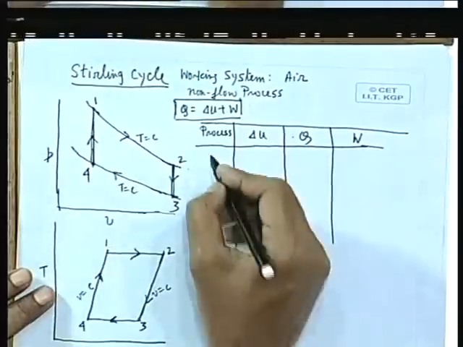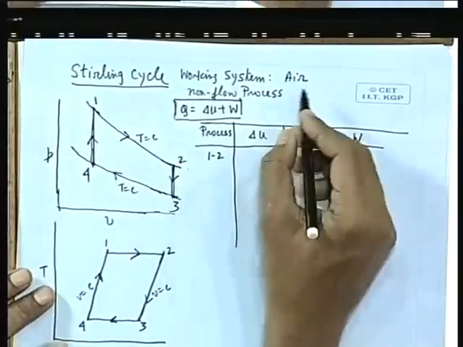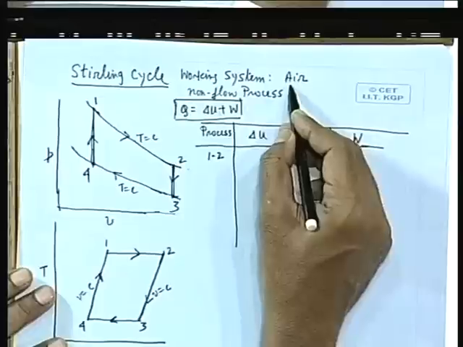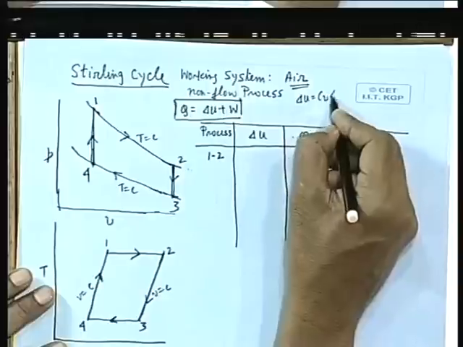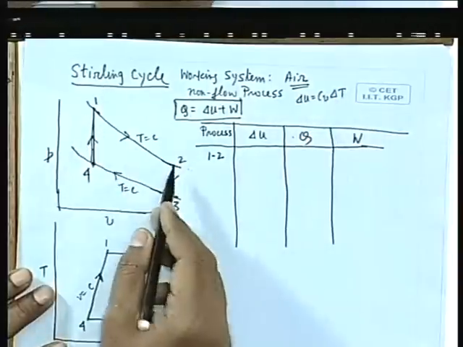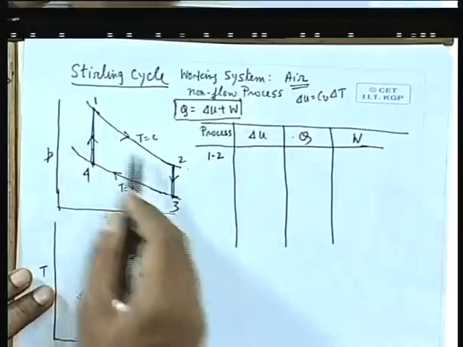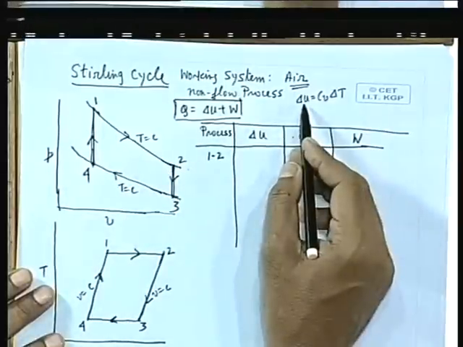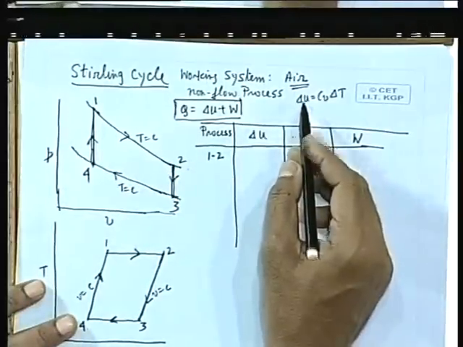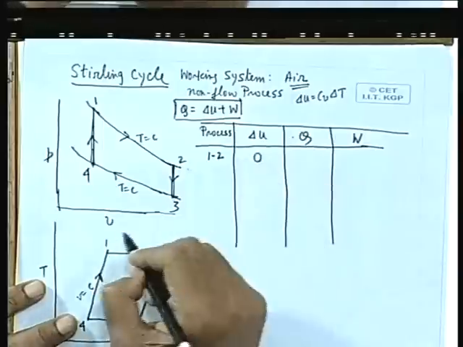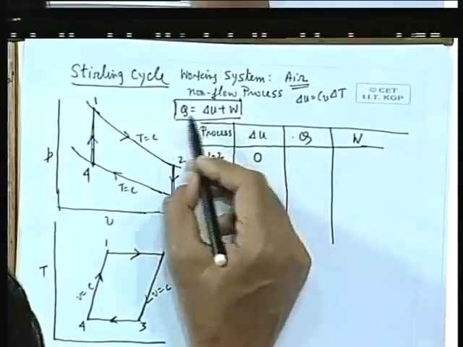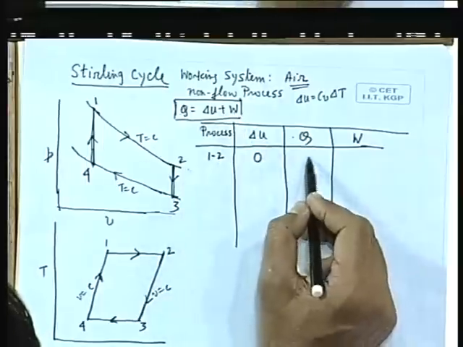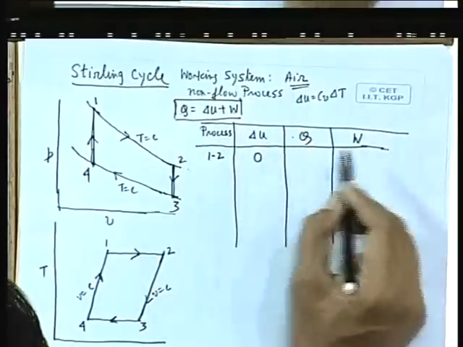Now, we start from process 1. Working system is air. So, air is an ideal gas, and we know delta U for an ideal gas is Cv delta T. So, when delta T remains constant, delta U is 0. That means in an isothermal process, internal energy remains constant for an ideal gas. So, you have to write this as 0. When delta U is 0, automatically Q becomes equal to W. So, Q and W will be the same,